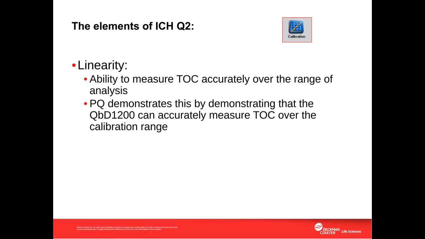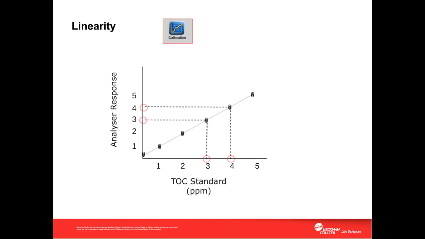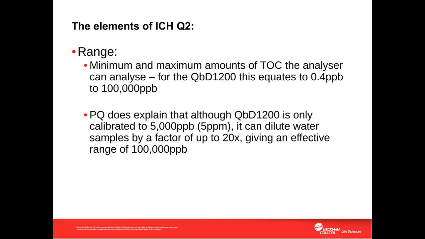Now, the linearity test defined in ICH Q2 determines the ability of an analyzer to report accurately over a range for analysis. And the performance qualification for the QBD shows this across a range of measurements. So the linearity test pass-fail calculations are automated, and again this avoids manual calculations. And the range of the QBD 1200 is demonstrated by testing in the measurement range and then explaining that the